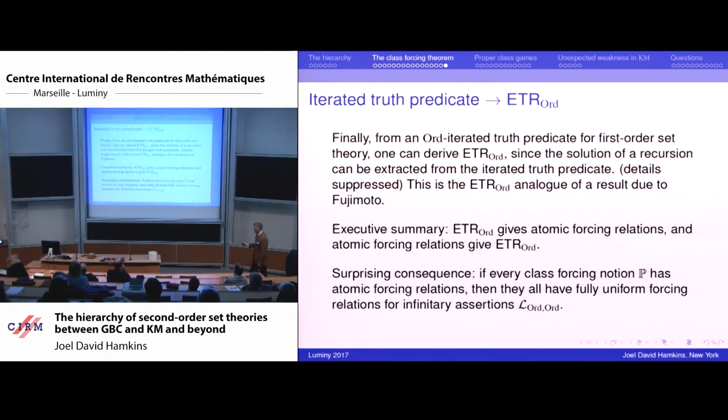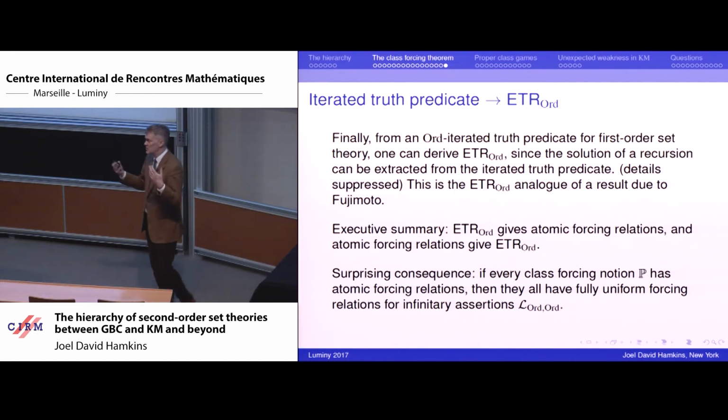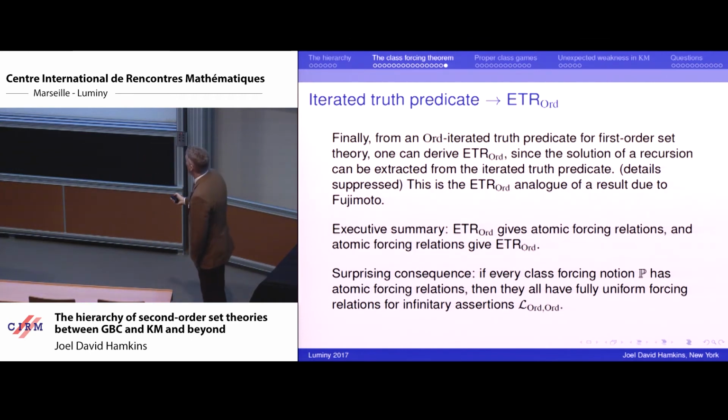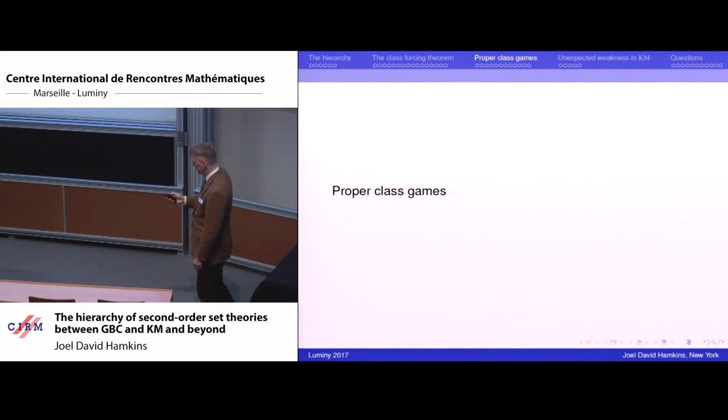Now, it's very surprising to me that it follows from the theorem that if every class forcing notion has atomic forcing relations, which seems like a kind of wimpy statement at first, it follows that they all have fully uniform forcing relations even in the infinitary language, because that's a consequence of ETROrd. And so just from having atomic forcing relations for every class forcing notion, it follows that you have these fully uniform ones, which is something that we're not really used to in the ZFC case, but in the GBC case, this is what you get. Okay, so let me now move on to the next instance of a reversal, and this is the proper class